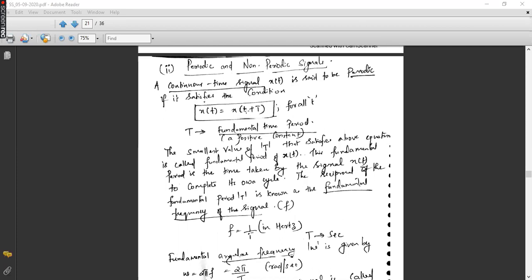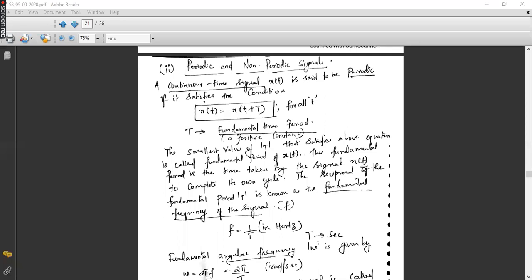Suppose it is a discrete time signal. You have different signal values at each and every instant of time. You will have a signal at 0, at 1, at 2, at 3, and at 4. Later on, from 5, the same pattern continues. So what is the time period? 5, sir. 5. Don't say it is 4, it is 5, isn't it?